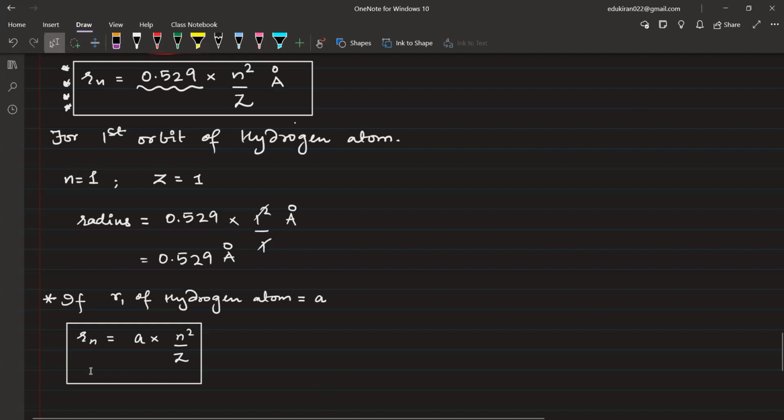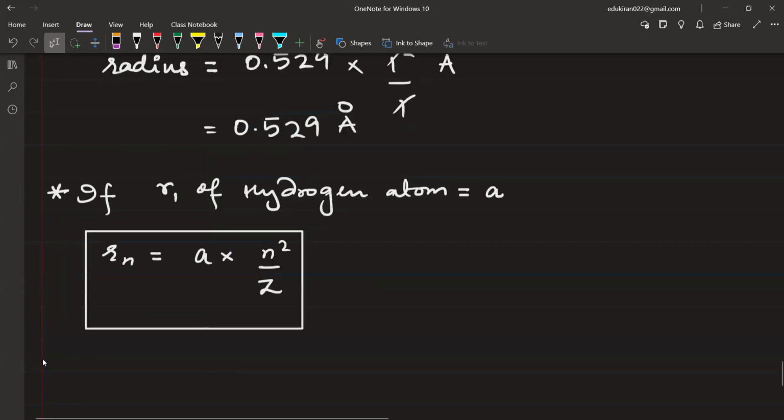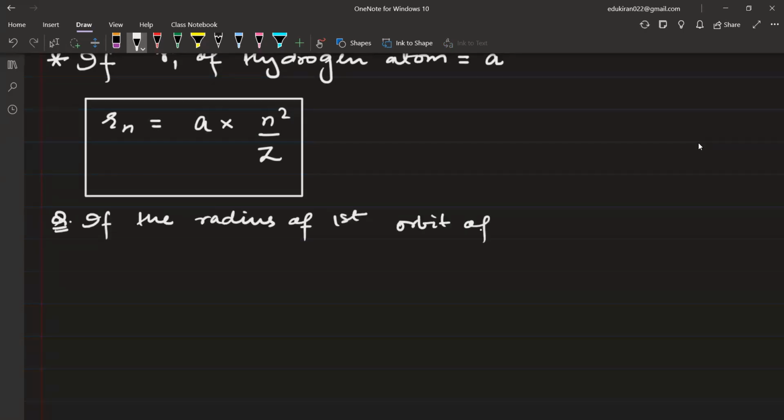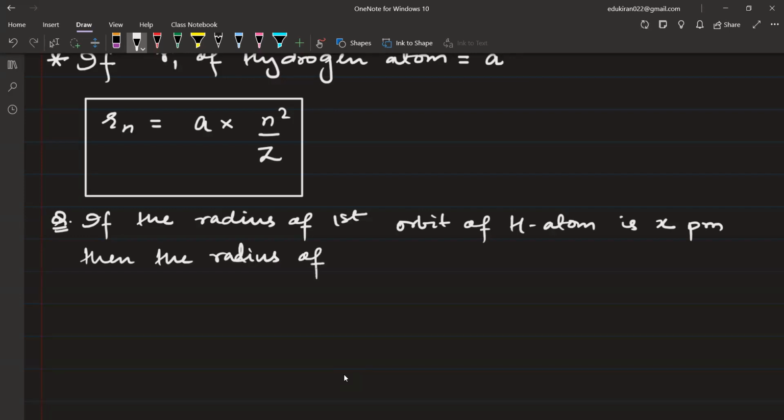Done, sir. Done? अब देखिए, write a question. If the radius of first orbit of hydrogen atom is x. Is what? It is x. आपको दिया picometer. Then the radius of fourth orbit